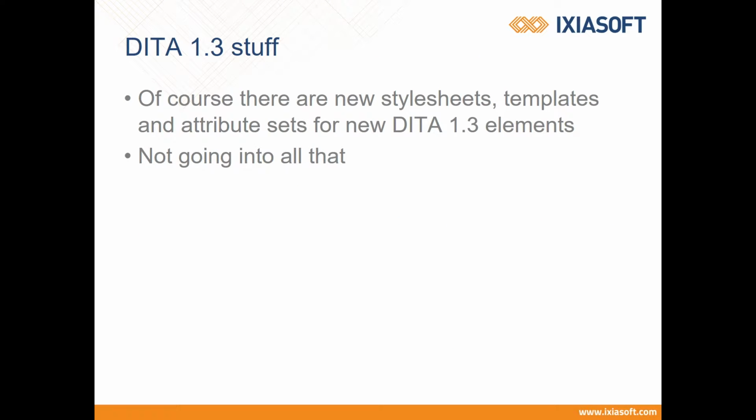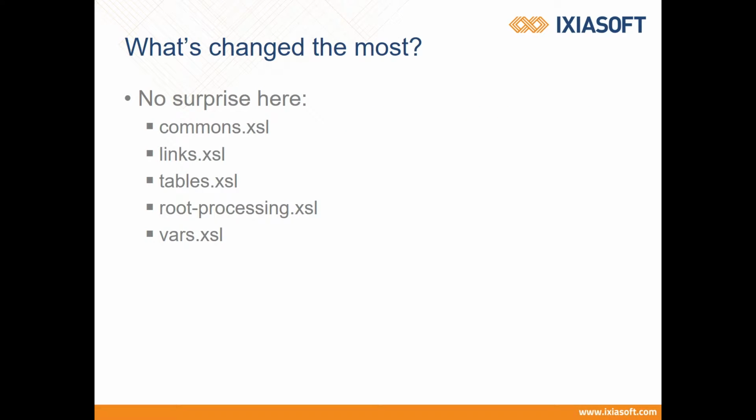I'm not going to talk about any of the 1.3 stuff because we all know there's new processing, new style sheets and all that for 1.3. That's there, and it will not interfere with updates because, of course, it's new. So what has changed the most between 1.8.5, which I'm using as the base version for comparison, and 2.x is, of course, specific files,